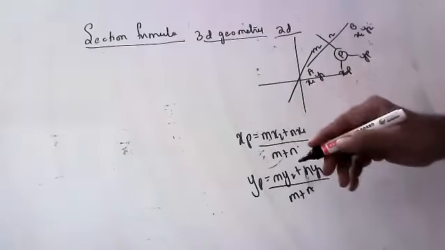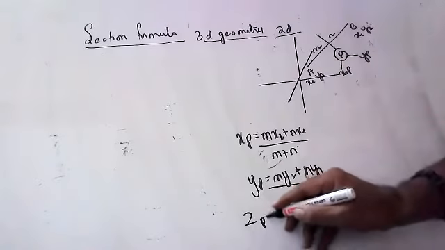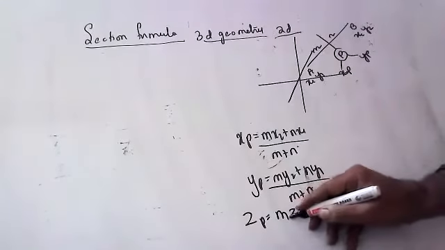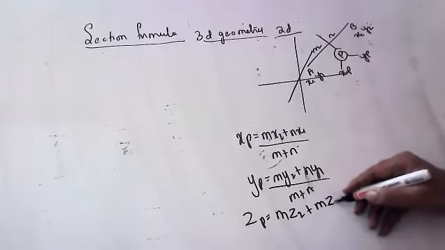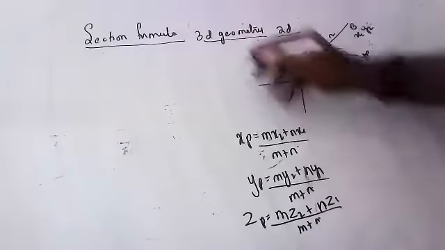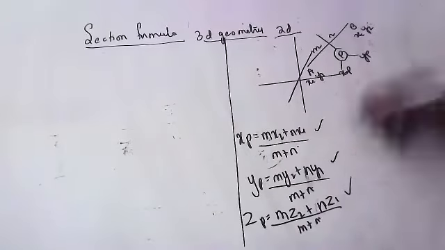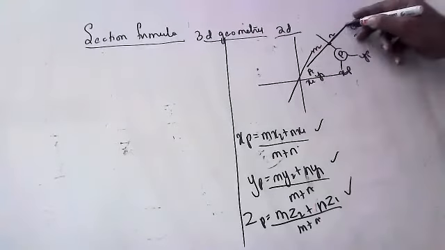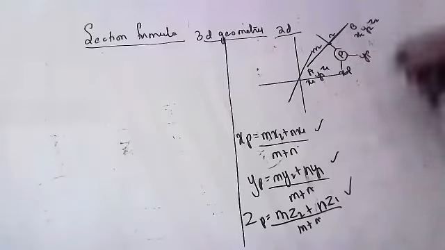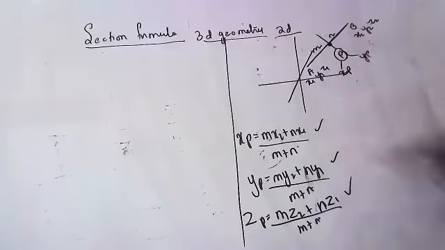So children, today we are going to discuss 3D geometry. Nothing, children, everything will be the same, but one more coordinate will be there, that is the z coordinate in 3D geometry. When the z coordinate is there, same formula: (mz2 + nz1) by (m + n). This is the formula. When three coordinates are given, to find the three coordinates of point P, A and B will have x1, y1, z1, x2, y2, z2. To find the coordinates of point P, which is dividing this line in the ratio m:n, we use this formula.